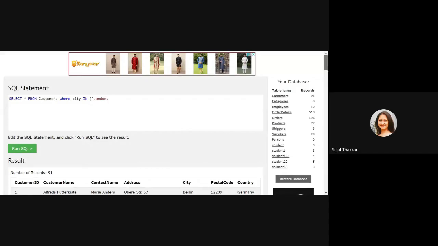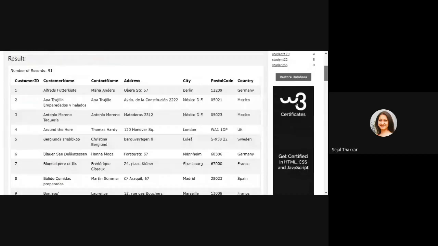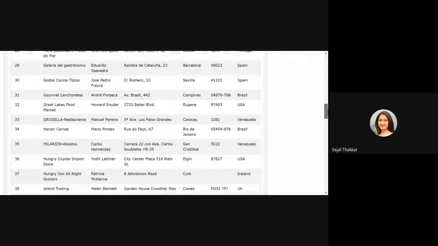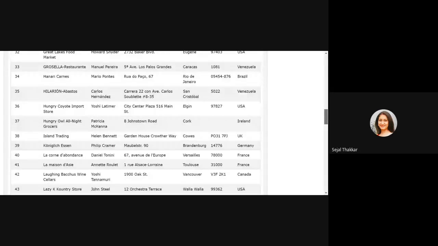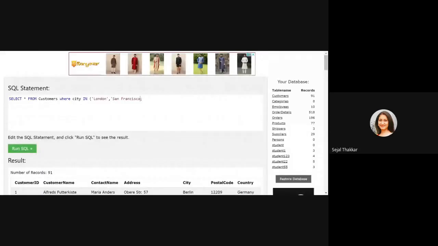It is case sensitive. So you can see here, it is going to select only those customers who belong to city London and San Francisco.